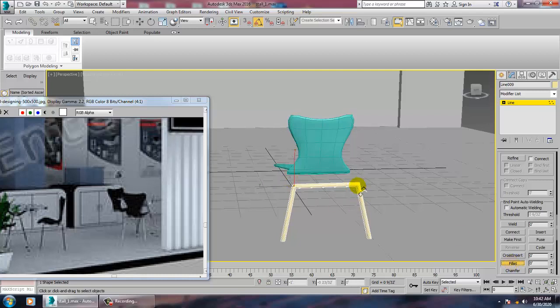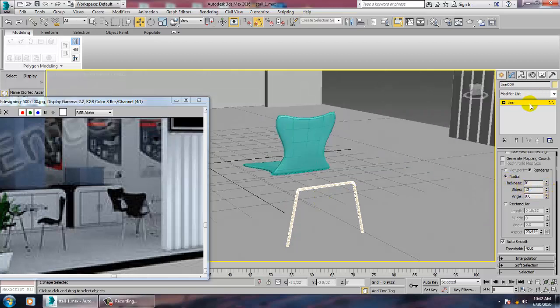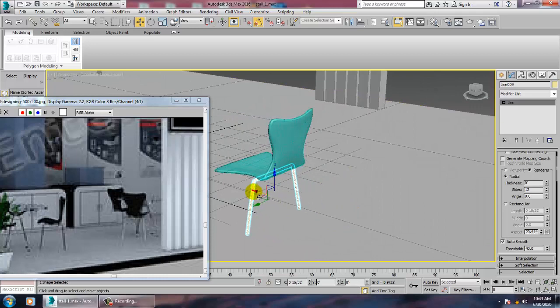Just use a bit of fillet. Just reduce this stuff and push it over here.